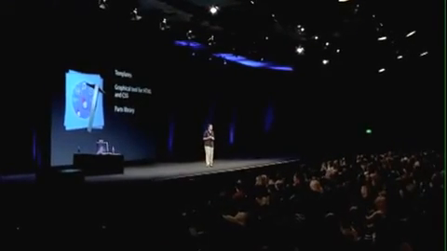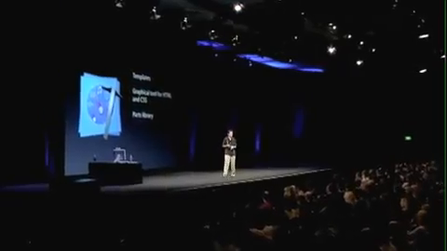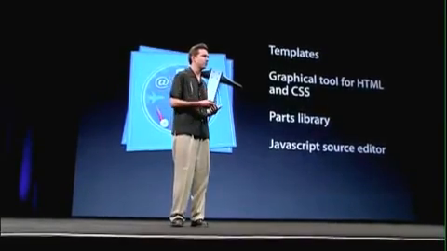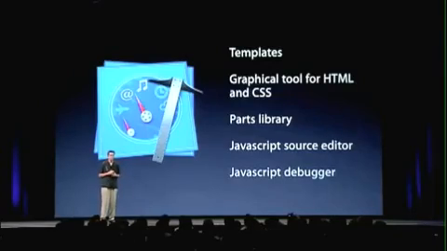We also ship with a rich parts library. So we have everything from search fields to buttons to controls. You drag those out. We ship with all the JavaScript for those. Put them in your widget. You're done. We have a nice JavaScript editor. And this is big, a full JavaScript debugger. We've heard a lot of feedback that people wanted a good JavaScript debugger. We've added it. You can set breakpoints. You can evaluate JavaScript expressions. It's fantastic. And that is Dashcode. Now, the next feature, and this is the one for the user, is called